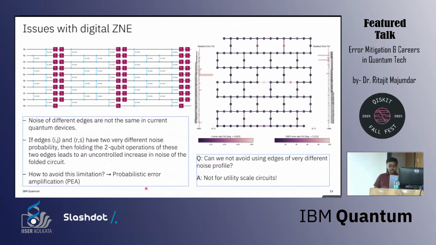The thing that is done to avoid this is something called probabilistic error amplification. Although I don't have this in the slide, it comes with something called probabilistic error cancellation. That was the first thing. When I said that I don't know how to characterize lambda, I don't. True, it's going to be a tremendous job, and if you want to characterize lambda, you have to do a full tomography of the system. That's not possible. But what is often done in practice is, we assume, first, as we said, that the single qubit gates are noise free. This is the first assumption. The second assumption is, whenever you have some interaction